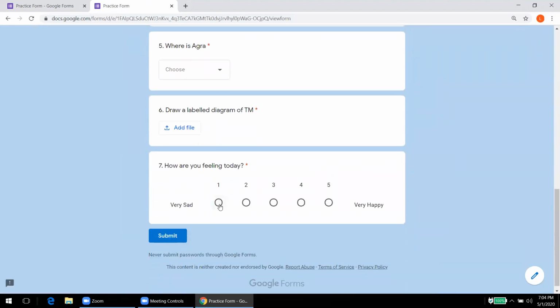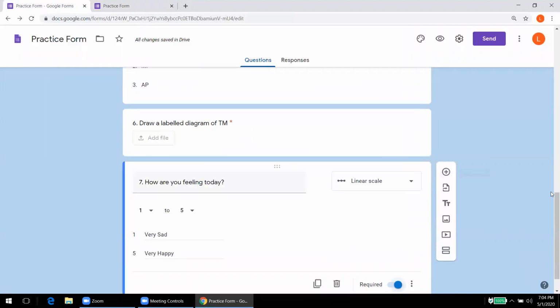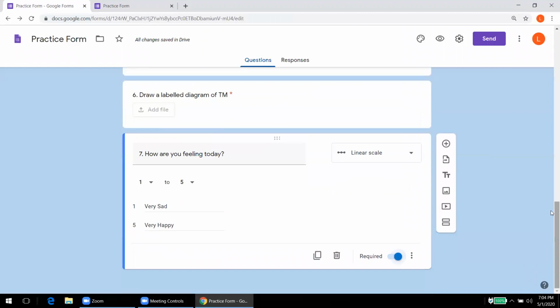So a student can select a single response from this Likert scale. This is called a Likert scale or a linear scale. So again, with the next question,